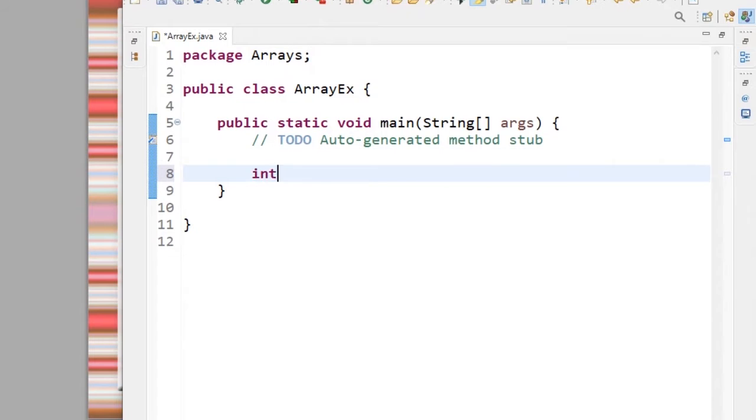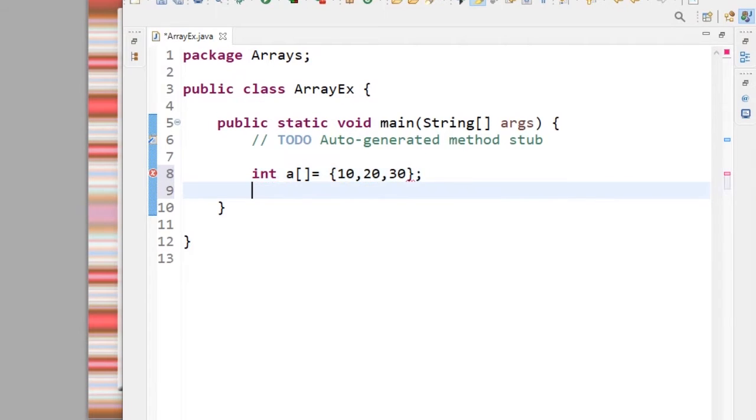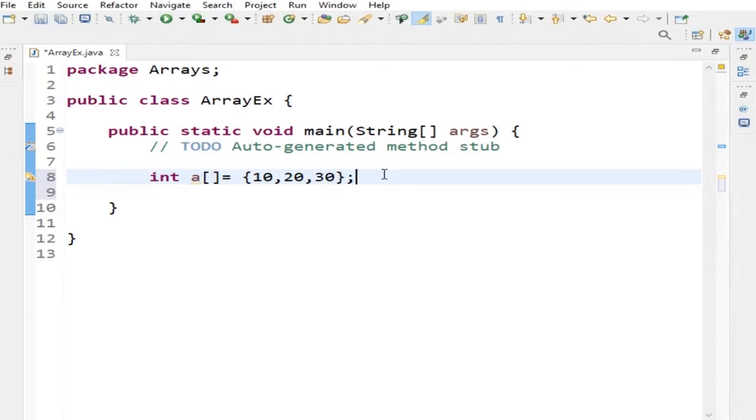So I told you int square brackets denotes an array. This is the way we have to declare an array, declare and initialize. Now how to call this, how to print this array?